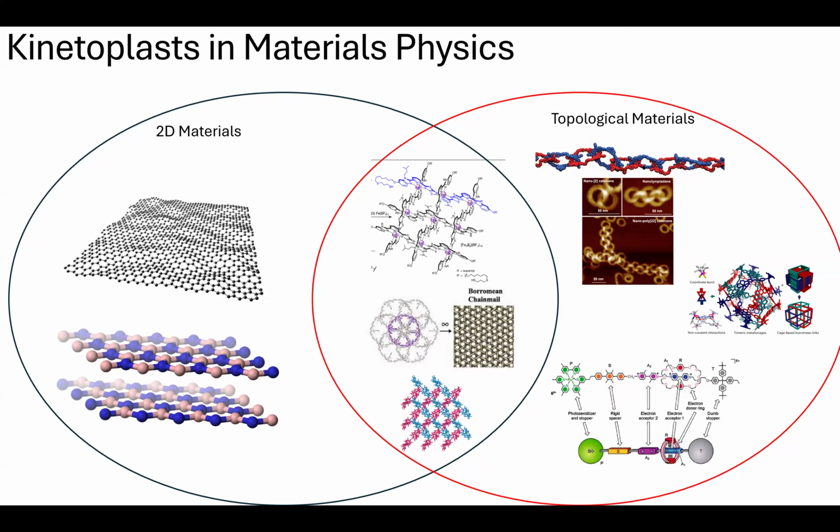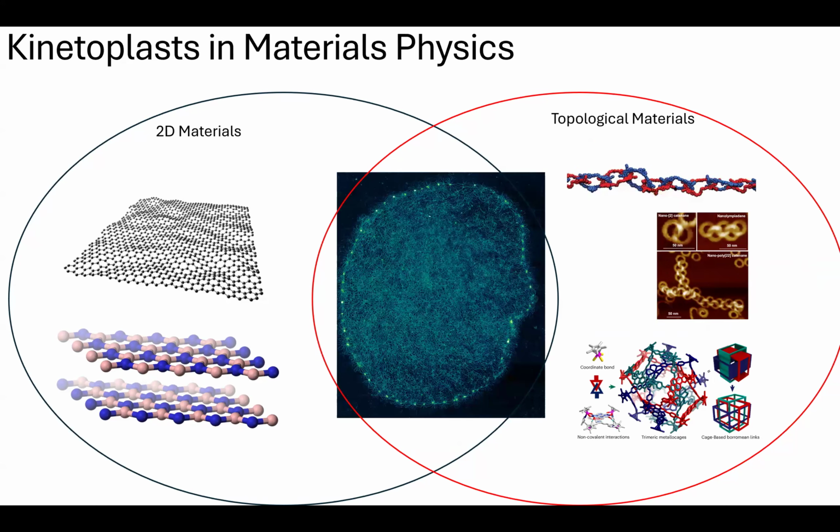So just like it's difficult to study polymer physics on a single molecule level unless you use DNA, it's hard to study what's happening at the molecular scale with these complex molecules. So we'd like a mesoscopic system where we can see, for example, how thermal fluctuations affect a two-dimensional molecule as it fluctuates into the third dimension. So kinetoplasts are also in the center of this Venn diagram. I guess the math department would call it an Euler diagram.